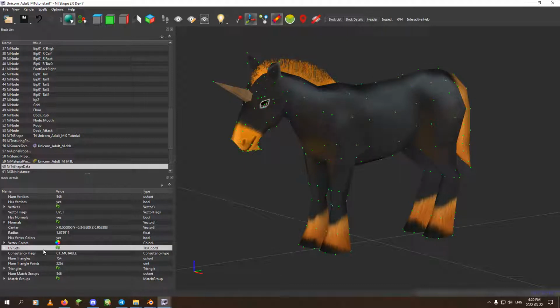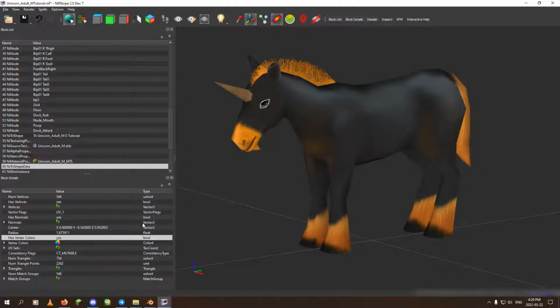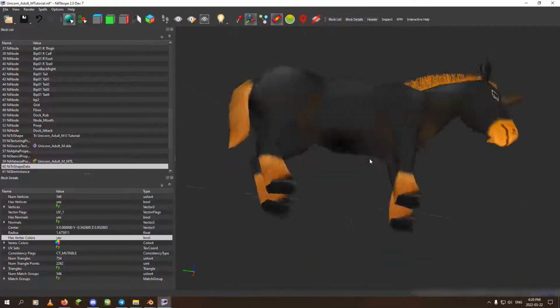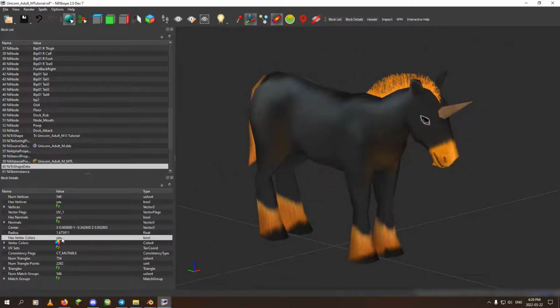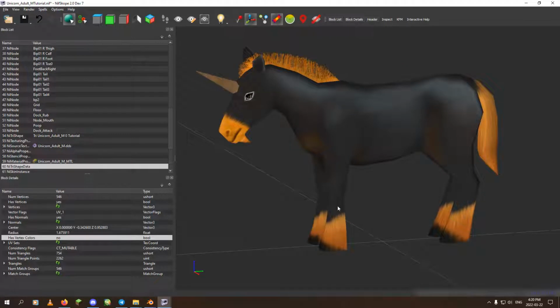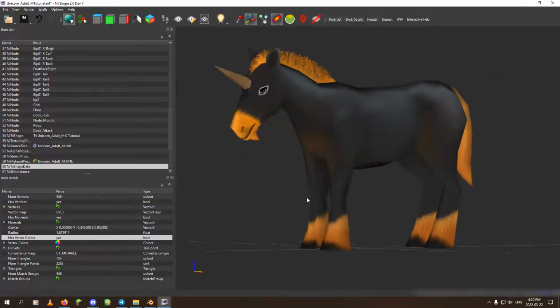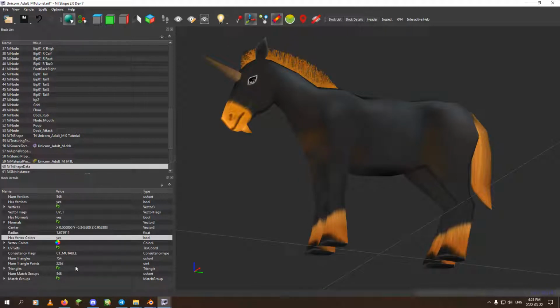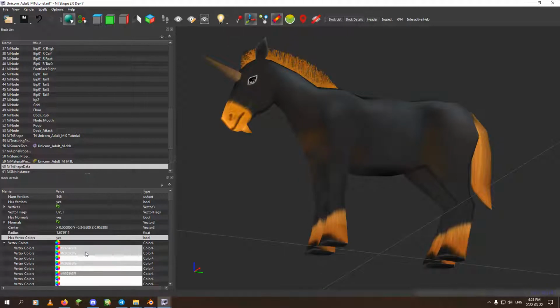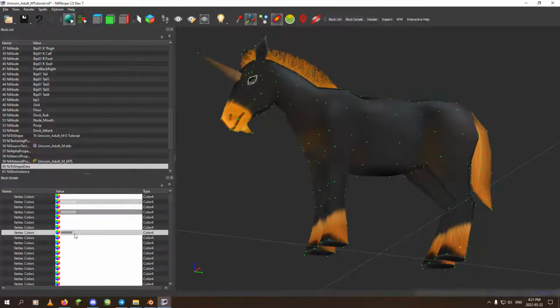And just refresh that just to make sure. And the vertex colors here are what create this black dot here. Depending on the animal that you used as your base, you may have vertex colors or you may not. In this case, I don't want them, so I'm going to turn them off. But if you did want them and you wanted to mess around with them, you can,